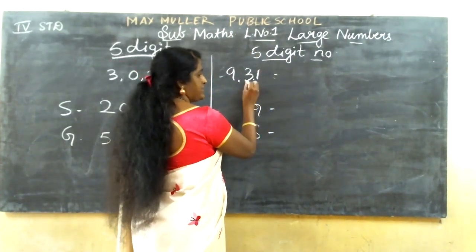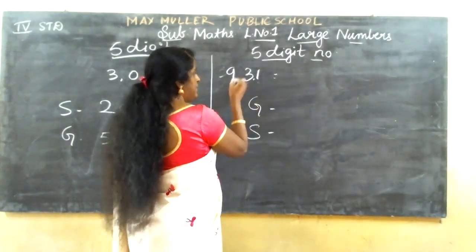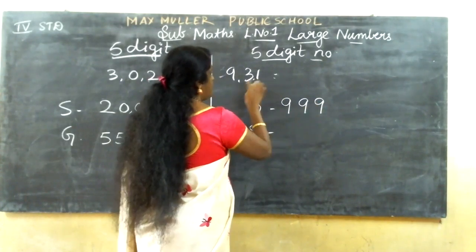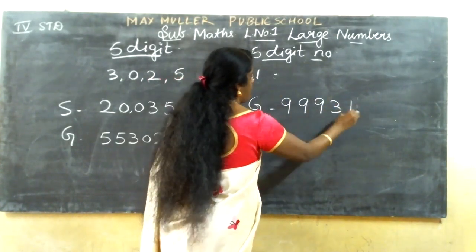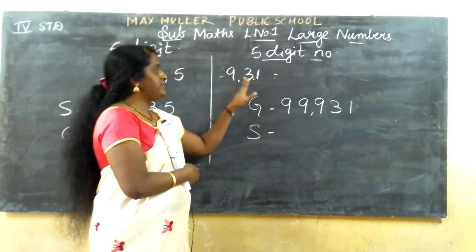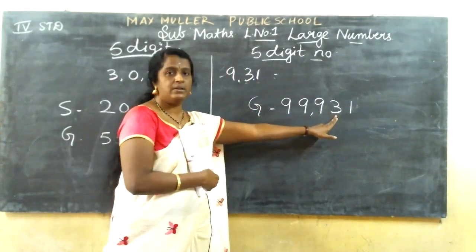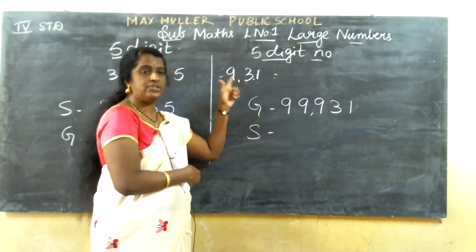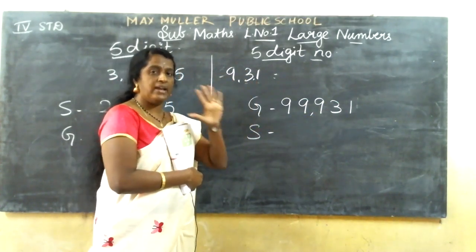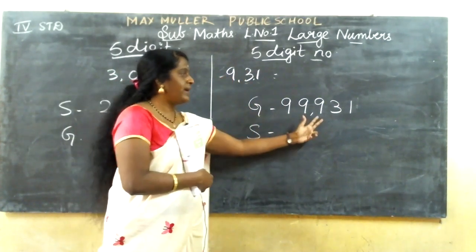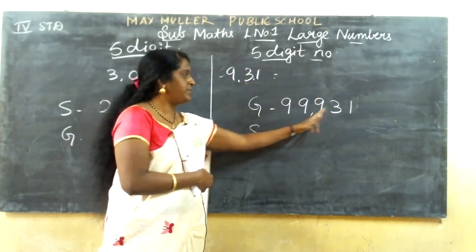Here only 2 more are needed. So here the greater number is 9. So 1, 2, 3, here 4, 5. This is the greatest number because your last 2 numbers will be small. Here I want 5 numbers. The question is a 3-digit number, I want a 5-digit number. So from this only, the greater I took 3 times. Last 2. So 1, 2, 3, 4, 5.